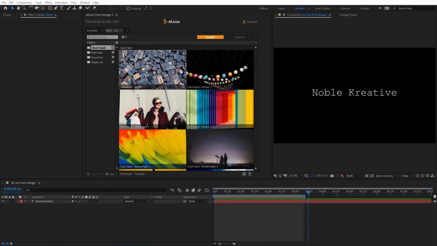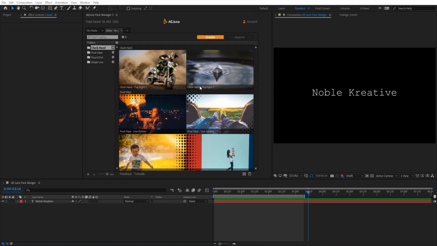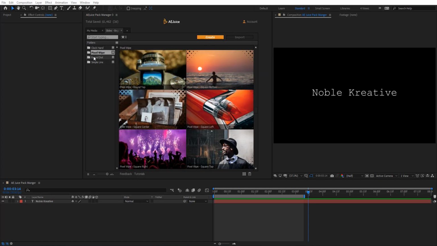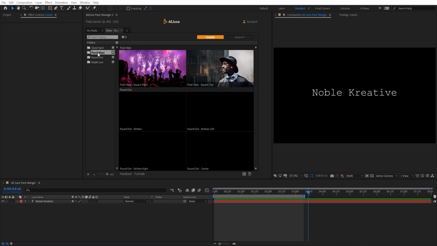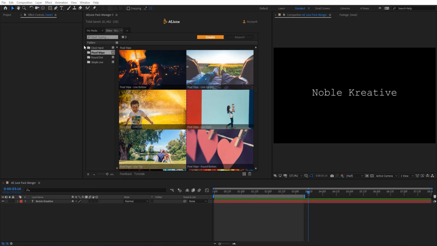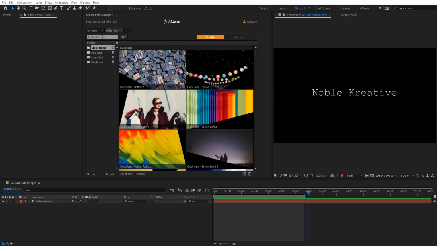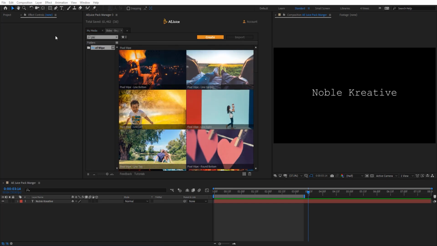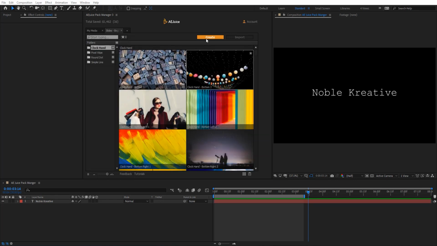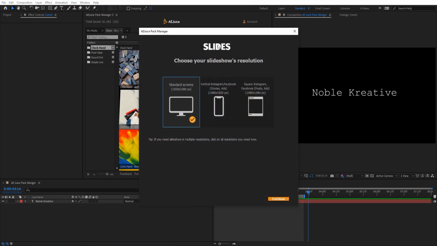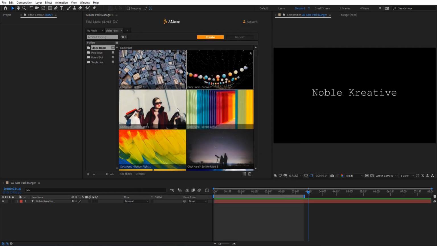So this is basically slides. As you see here, we got different ones. You can see it's organized. You can even search for these slides if you know the name here. So let's say pixel, and we're going to have pixel wipes here. So pretty cool stuff. And here we have a create button, so you can create slides in a very smart way, and we are going to cover these later in this video.